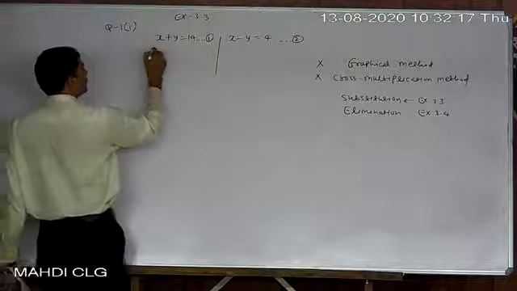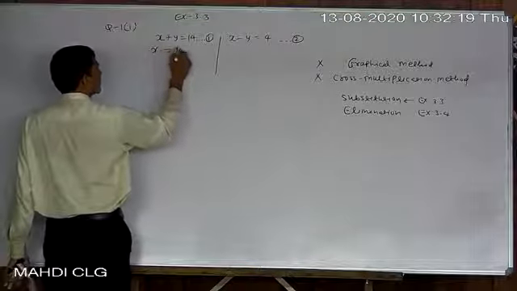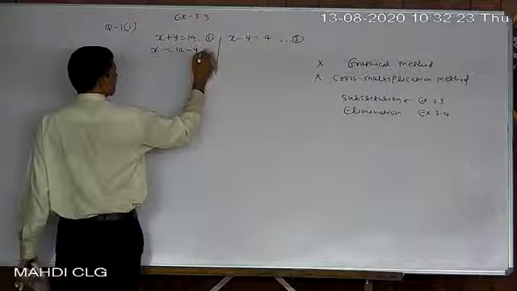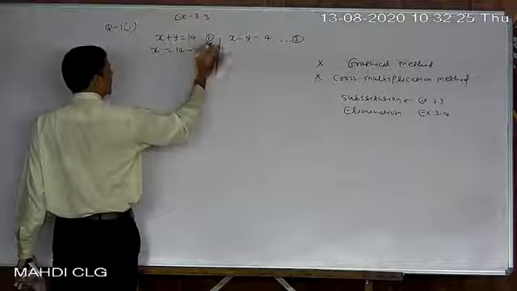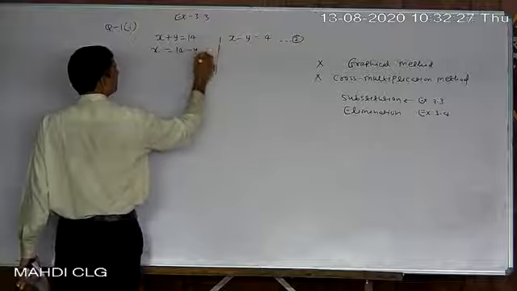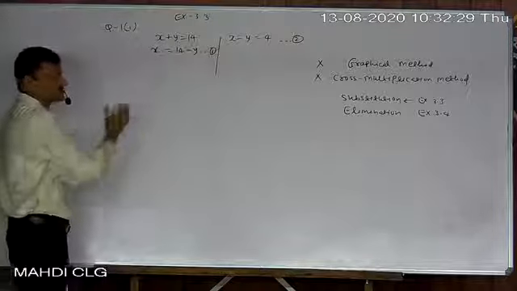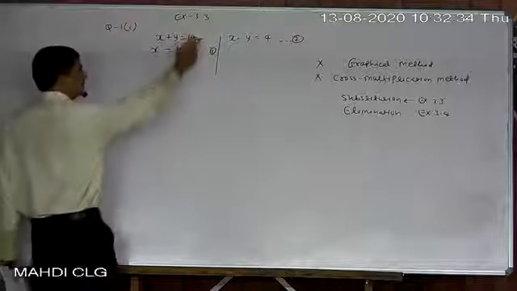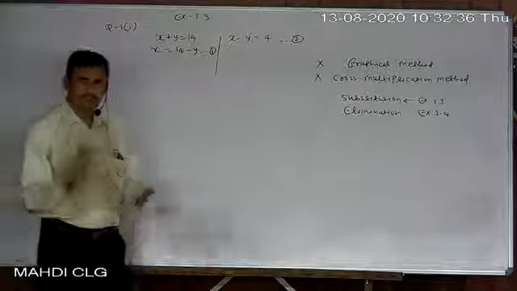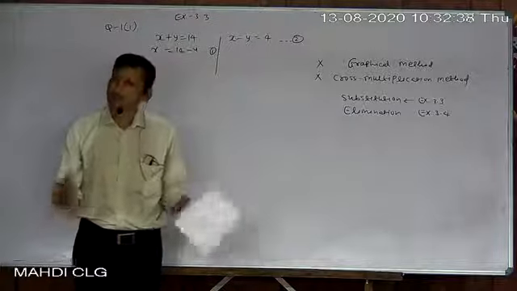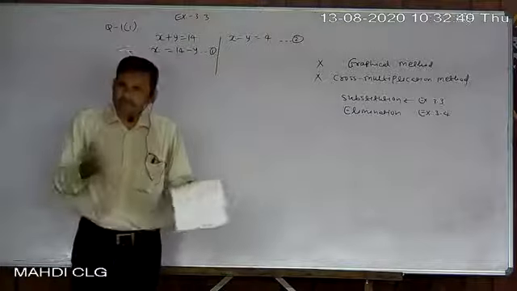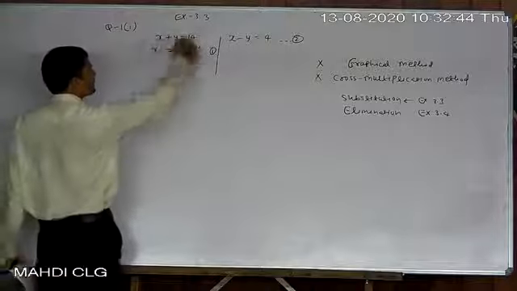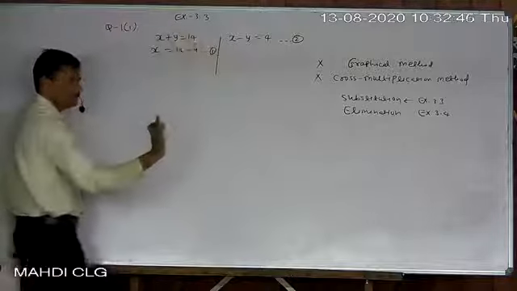Suppose I want to make x the subject from here, so it becomes 14 minus y. Let it be equation number 1. So just give it equation number 1. We go one step ahead and then give the number, because different numbers can be given but the same equation cannot be given different numbers, because they are the same, only the form is different. So x equal to 14 minus y, how that you know.